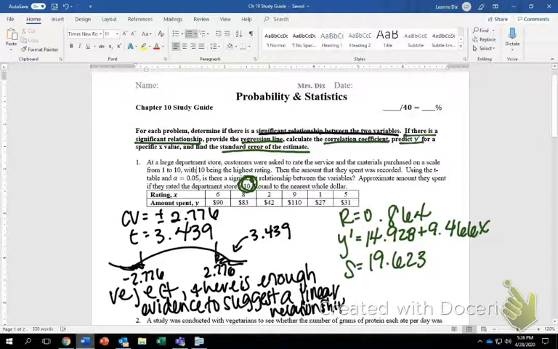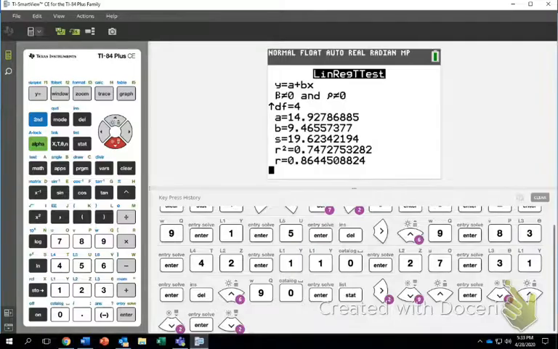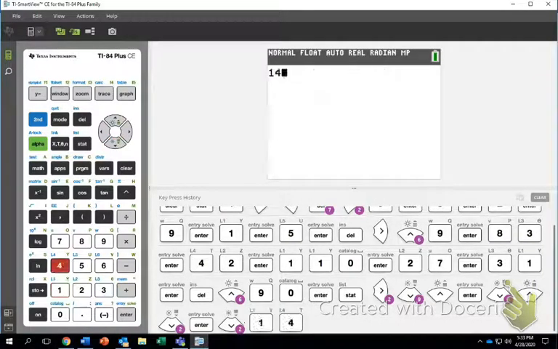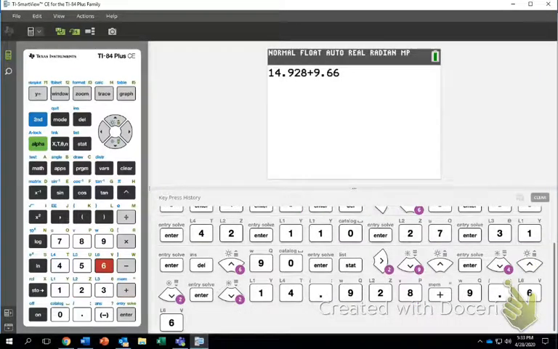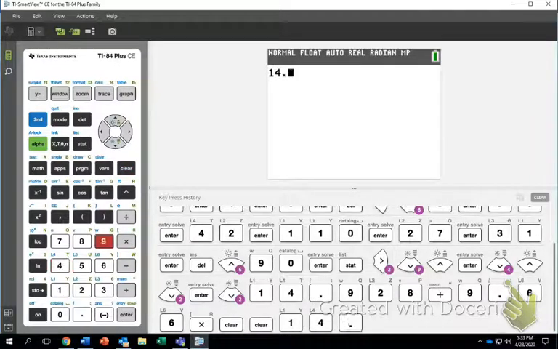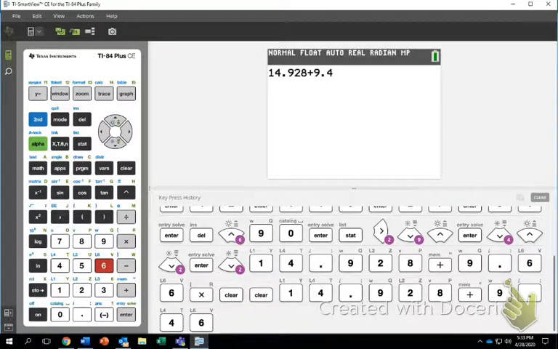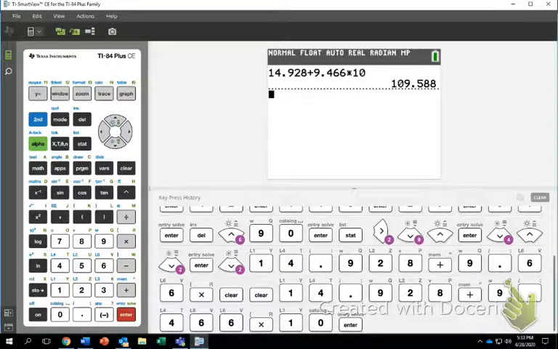So I'm going to go back to the calculator and start typing in my numbers, 14.928, and notice how everything disappeared. That's why I waited till the end. Times, and I made a typo, so I have to go back. 14.928 plus 9.466 times 10. That gives me